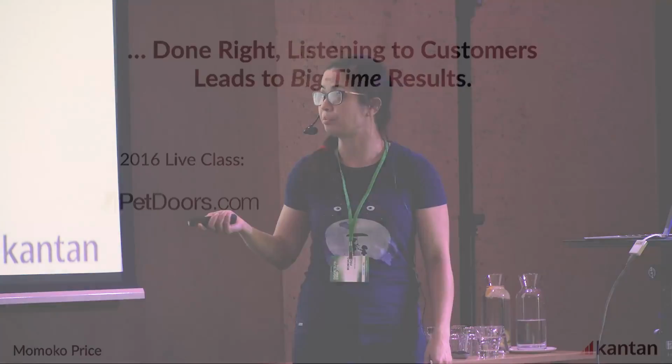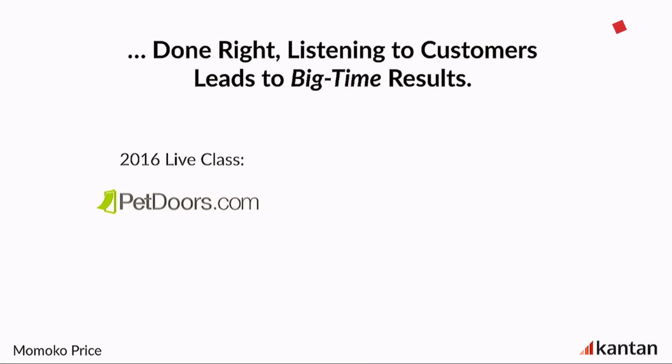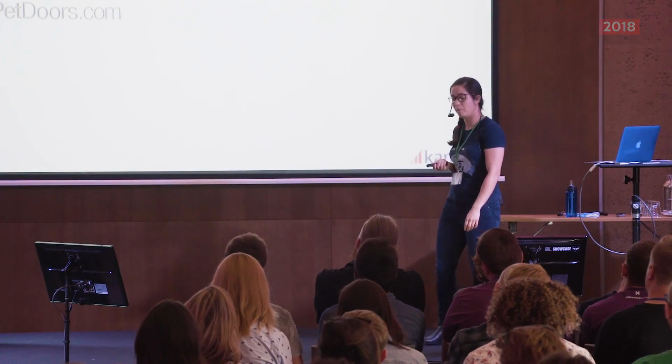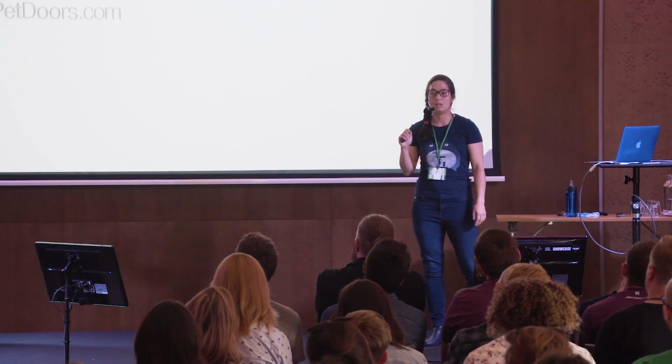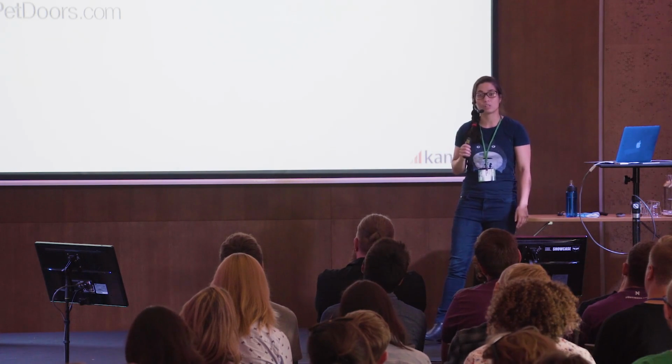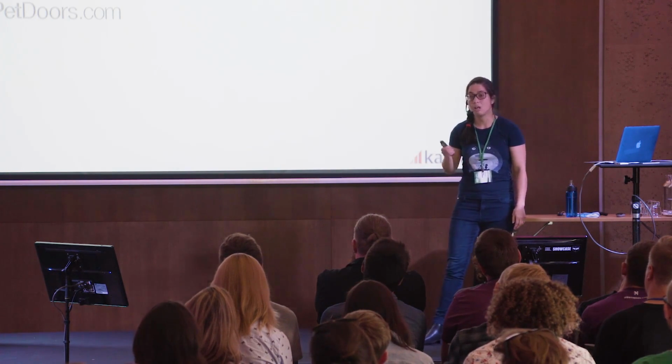For example, petdoors.com. Super boring product, it's pet doors. They submitted their homepage to be optimized by me in the live course that I did with CXL on product messaging and copywriting. The value proposition they submitted focused almost entirely on the expertise and experience of their staff, which, to be fair, was a pretty strong, unique differentiator because the expertise of their staff was way better than their competitors, right? So they figured it was a good thing to go with.